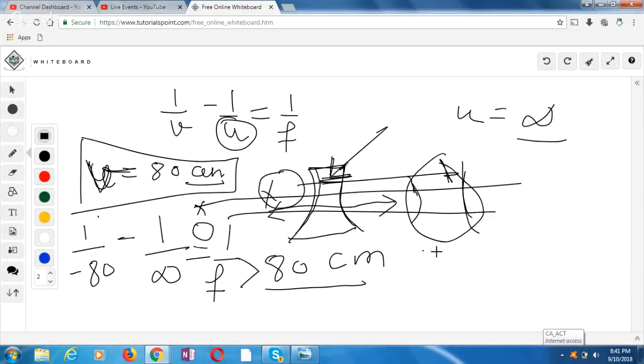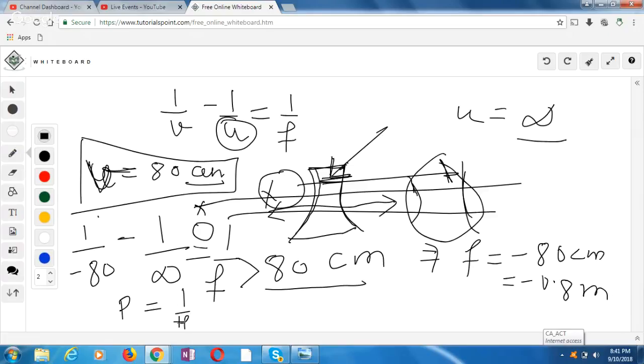F comes out to be minus 80 centimeters, or minus 0.8 meters. Now what is power? Power is equal to 1 by F, which will be equal to 1 divided by minus 0.8, which is nothing but